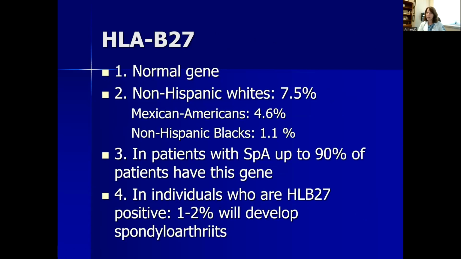Now I'm going to toggle back to ankylosing spondylitis and this blood test that I mentioned, the HLA-B27. So this is a normal gene. We all have HLA-B genes. We get one from each of our parents. So somebody may have B7 and B12, somebody else may have B56 and B21, but there is this HLA-B27 that some of us have. And there was a study looking at the population in the United States to see how common is this gene. So in non-Hispanic whites, Caucasians,